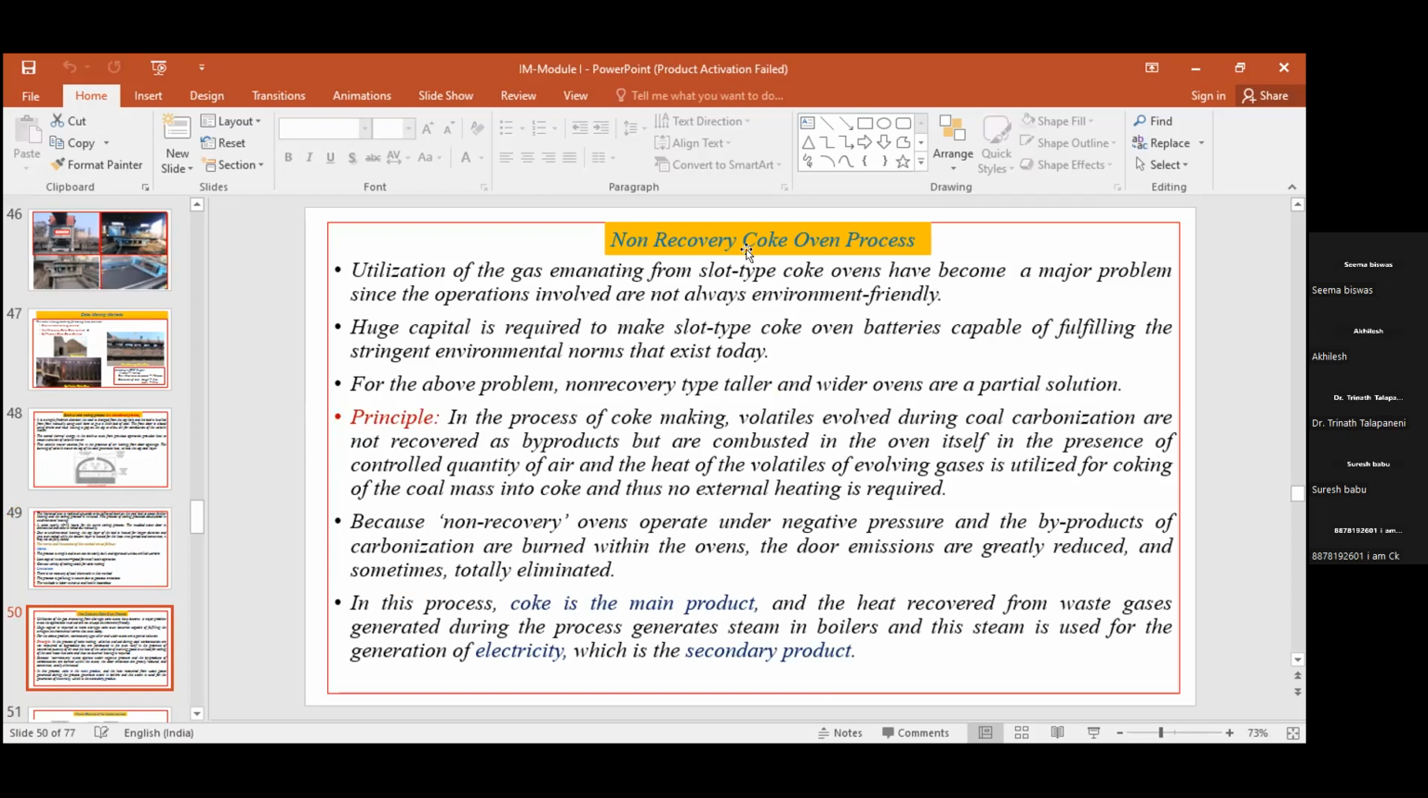Means you will not find any other byproducts from this particular process. The only output from these ovens is coke and a certain amount of waste gases after combustion. This comes out from the ovens, and that waste gas is used for the generation of electricity by passing through the waste heat recovery boilers,